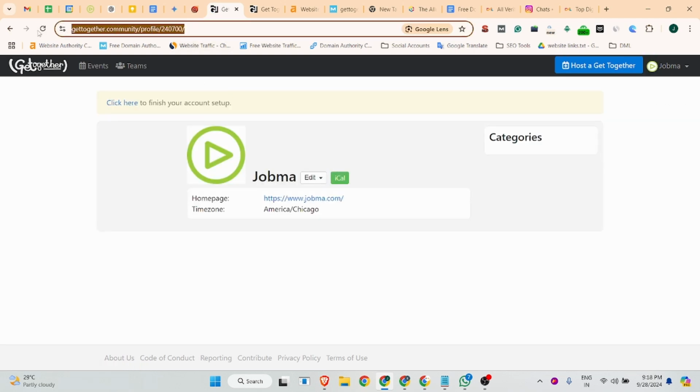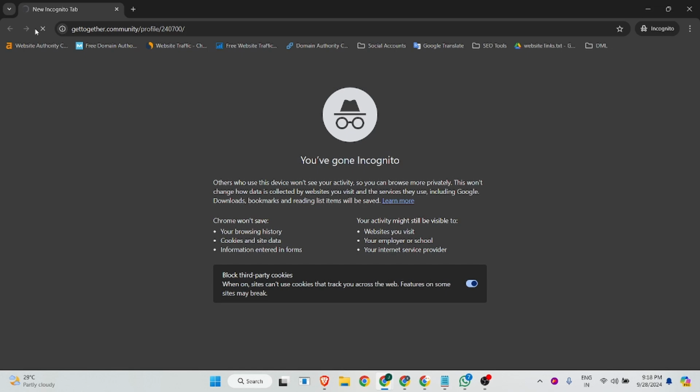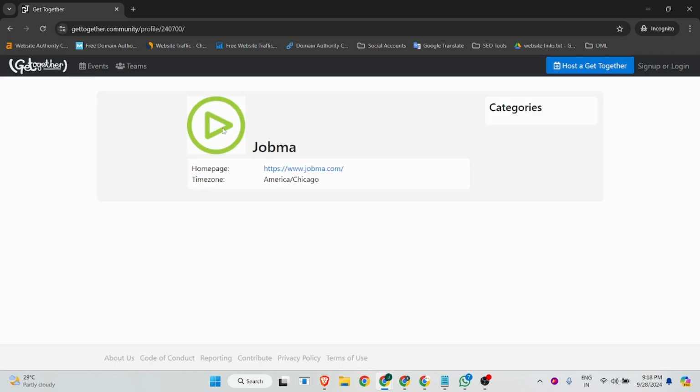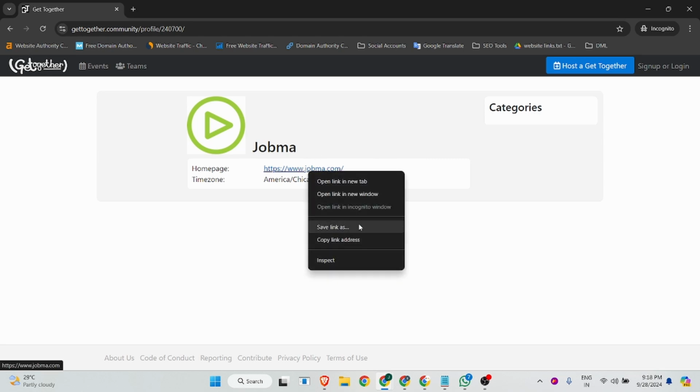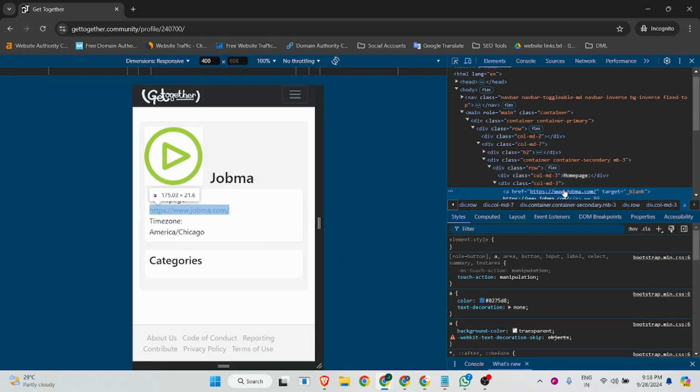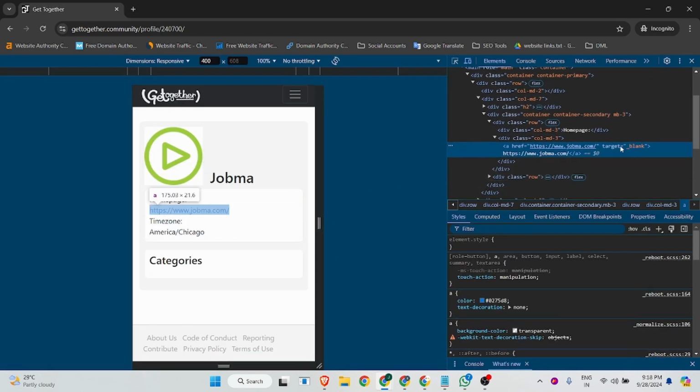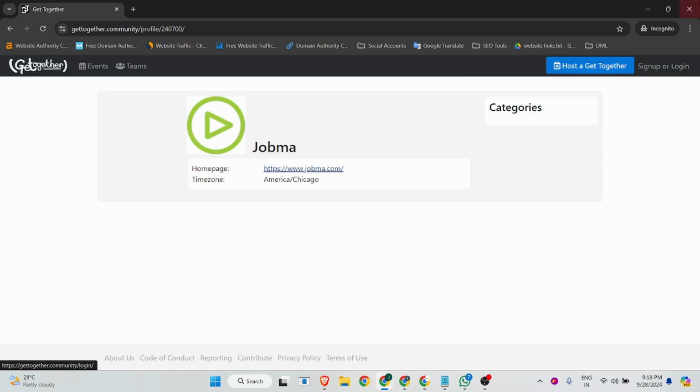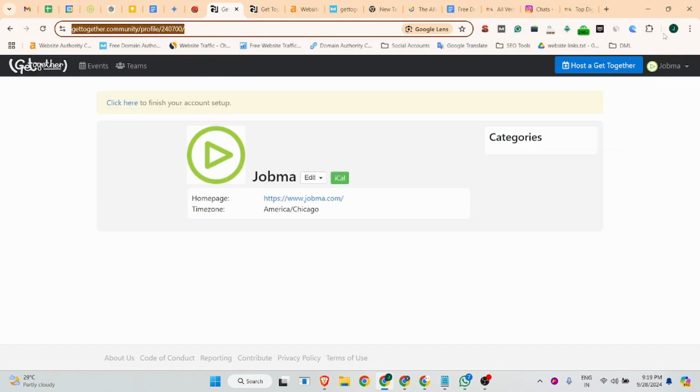You can see this is your profile landing page URL, and I can show you in incognito whether this is an instantly approved backlink or not. You can see the logo, company name, and our website URL. And I can show you this is a 100% do follow backlink. There is no indication of nofollow or noreferrer. So now we have created our profile backlink.